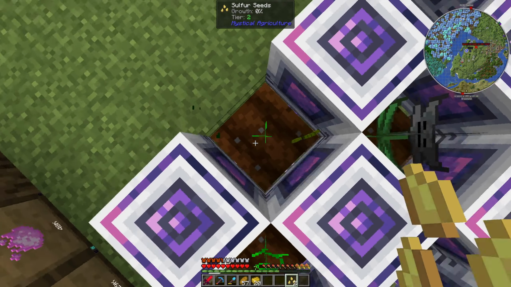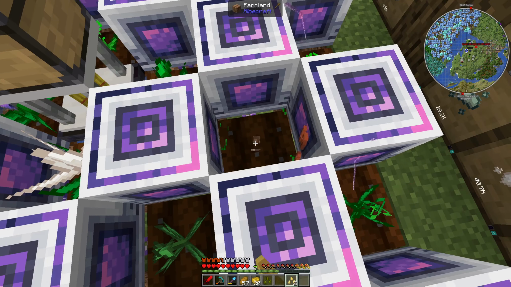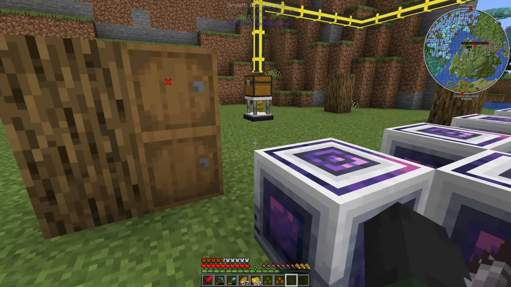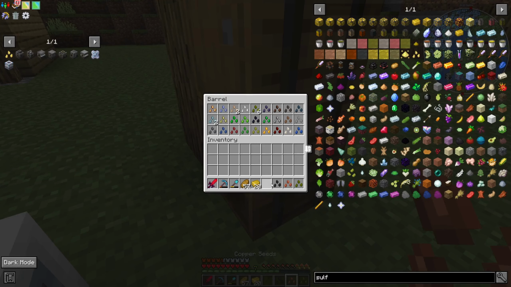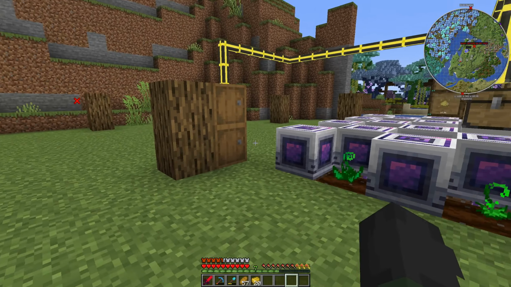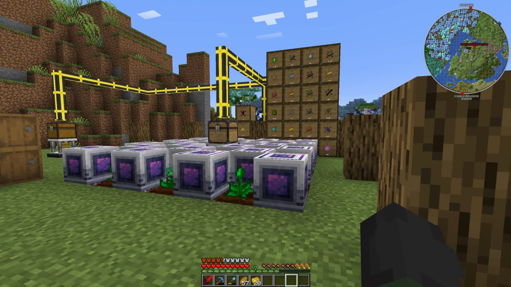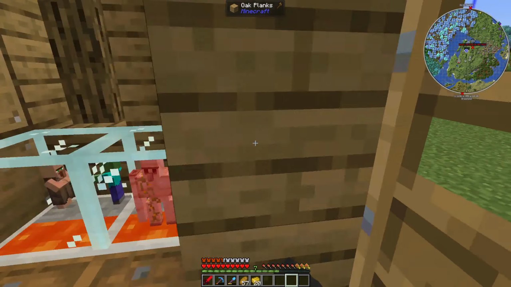So let's remove this one. Wither skeleton. Let's remove the copper one. I'll place that somewhere else. We'll remove the wither skeleton one. There we go. Now let's try and stack them. Yep. Alright. So I have quite a lot of seeds, so I'll build up a greenhouse shortly. I say shortly, but not today. Right, so that will probably cover our sulfur